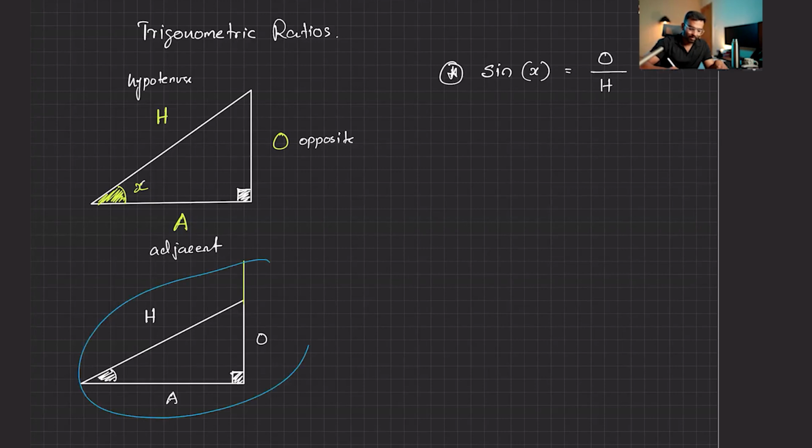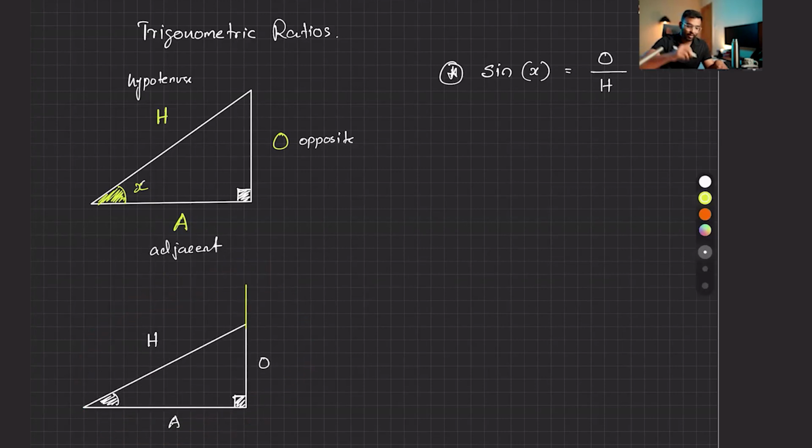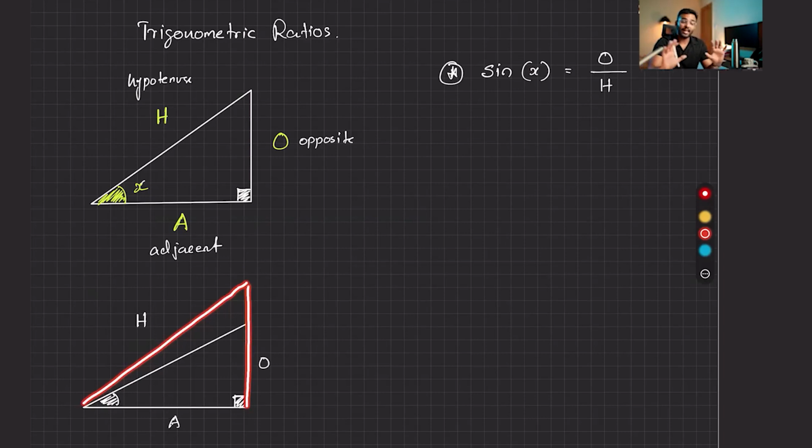Is that okay? For that triangle, I have increased the height. And I'm going to attach it like this. Can you guys tell me what has changed? You see, when I increase the opposite side, the length of it, the hypotenuse also increased. Yeah, the length of H has increased. What else has increased? Don't you think the angle is more now? So three things have changed by just doing something, which is I've increased the height.